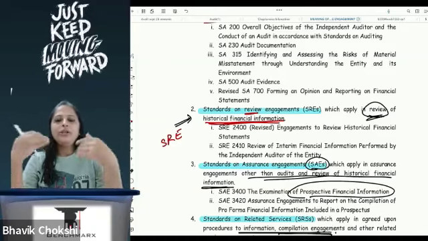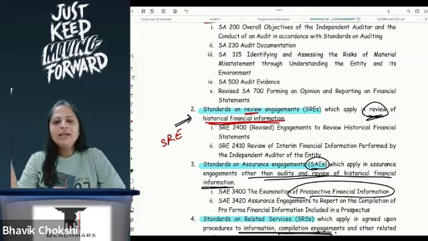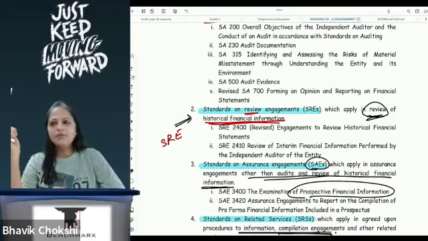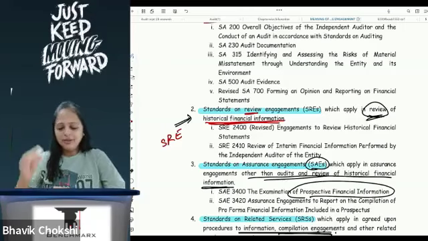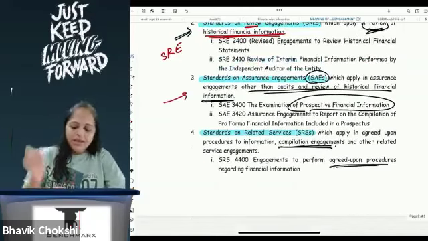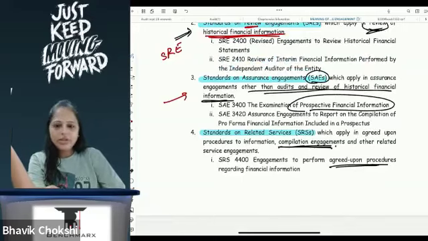So for that you need to know the difference between the four of them. If you know that, then as soon as you read the question, you see, okay, historical financial information, they've done an audit. So I'm talking about SA. Or historical financial information, they've done a review. So I'm talking about SRE. Or if there's no historical financial information, they are talking about forecasts and projections of something that should happen in the future, then you know, okay, I'm talking about assurance engagement,